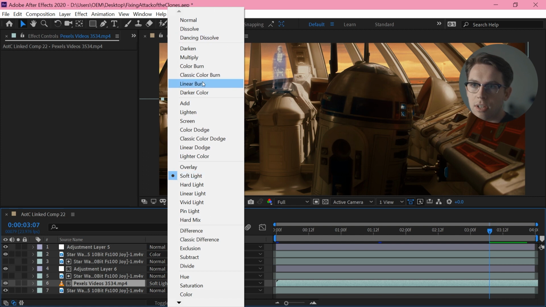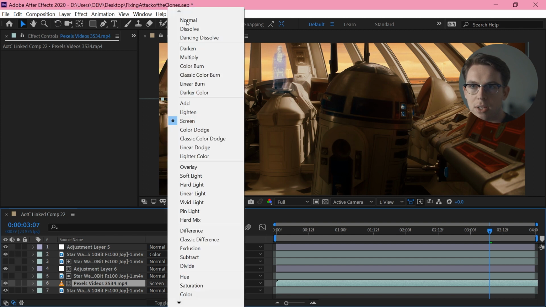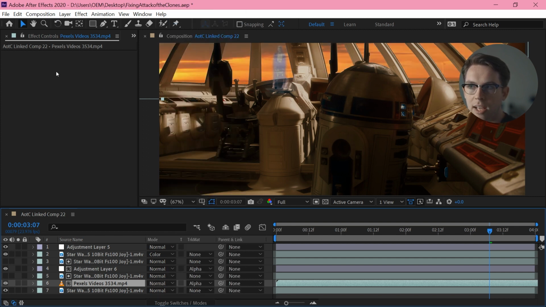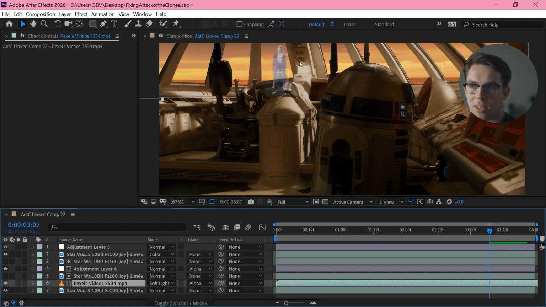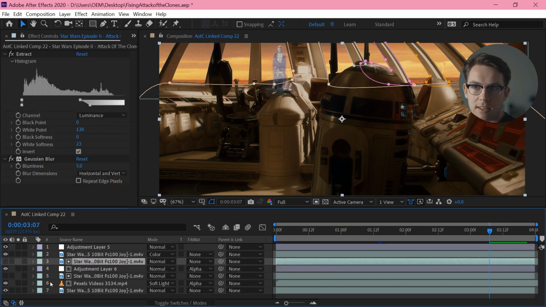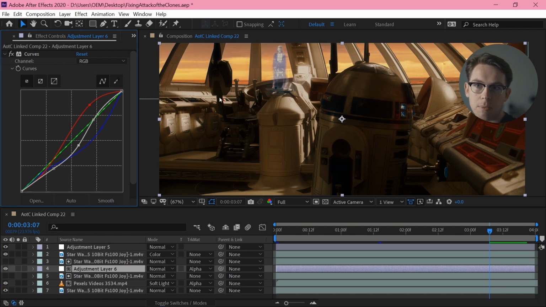And this is just set to soft light. A screen brings that up to be too bright, normal, and it doesn't blend at all, and overlay is sort of too contrasty for the shot, but soft light just lets it kind of sit in there and look, you know, it's just slightly supplementing the existing sky. And then I'm doing that exact same matte and just using that for an adjustment layer. Just a curves adjustment to bring that sky, again, the same curves adjustment from before, just for that sky.